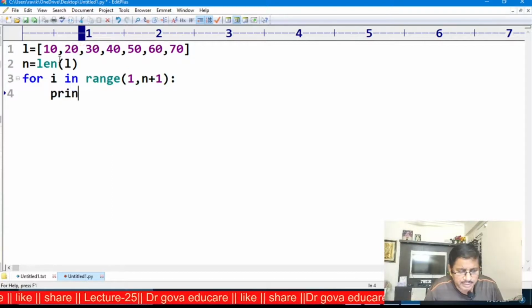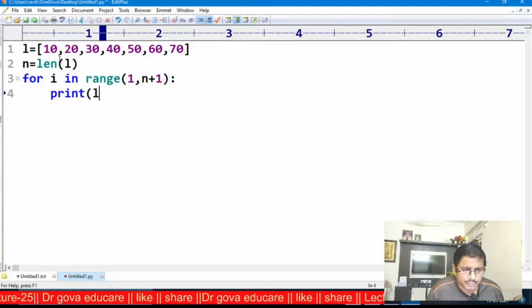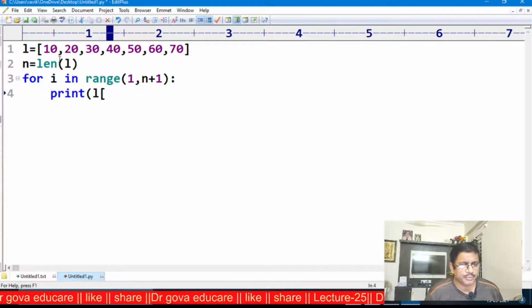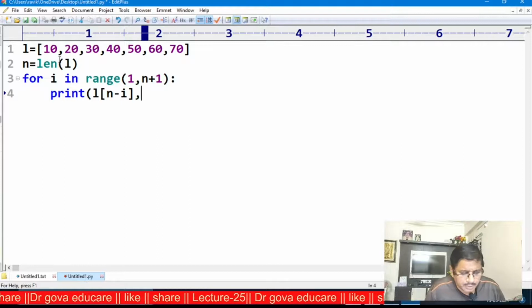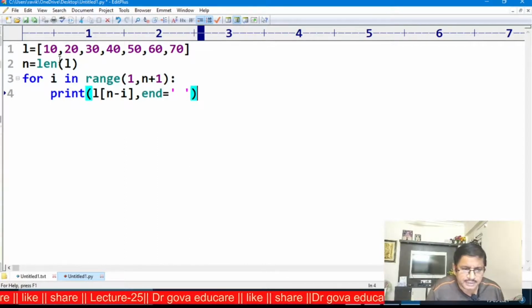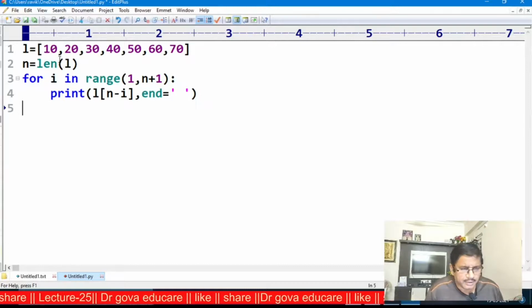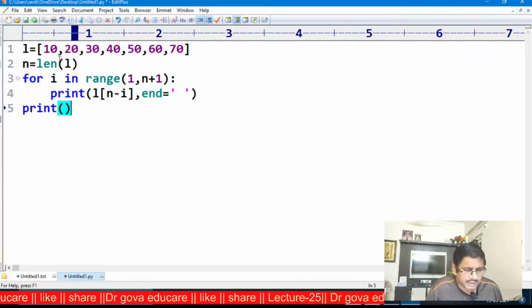Print L of n minus I, comma, end is equal to space. After printing the entire list in the reverse order, the control goes to the next line.